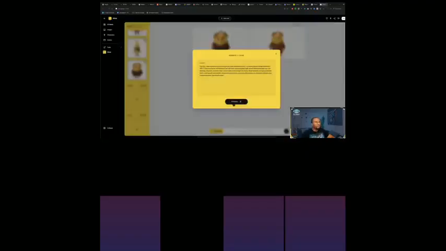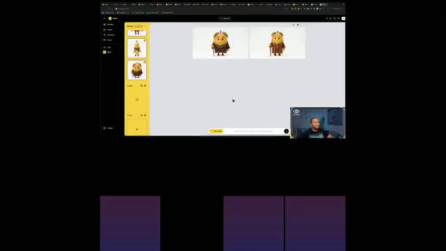So basically now we have the characters we want. We can also from here add it to the subject as well. So now we have the first character. Then we'll go back to our prompt. So the second character would be this. Let's copy the image for the second character,